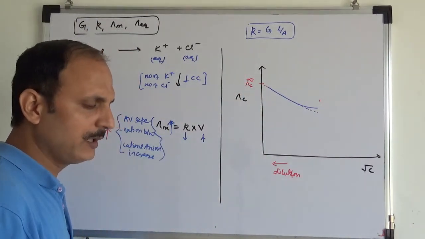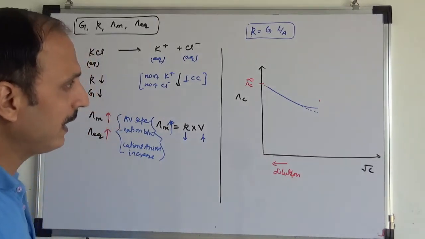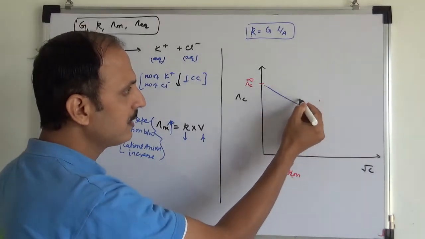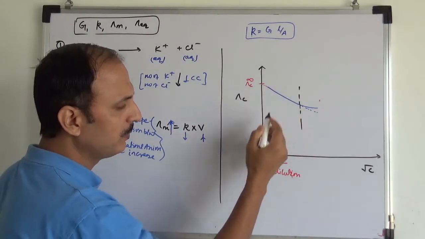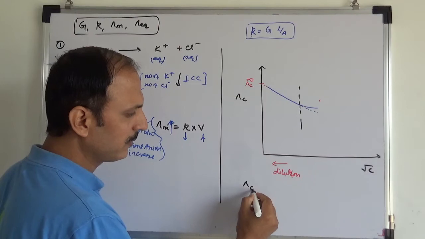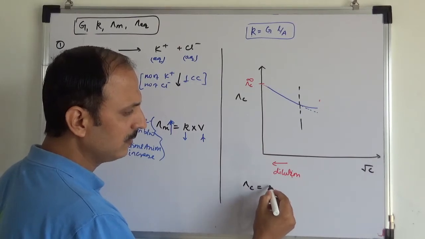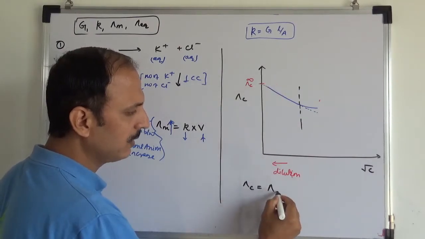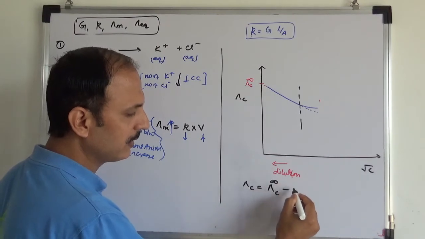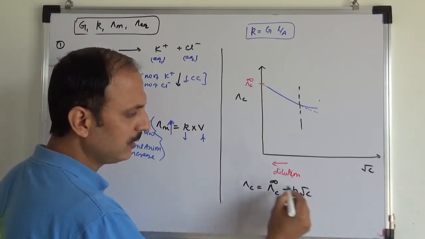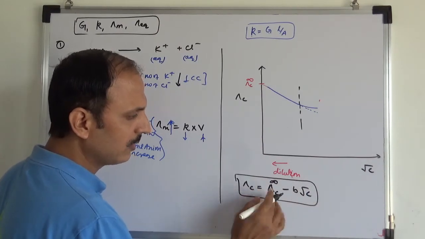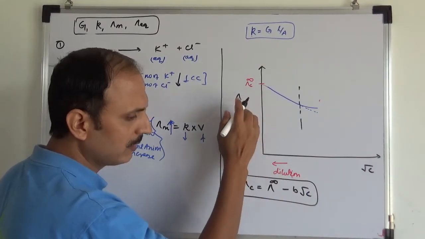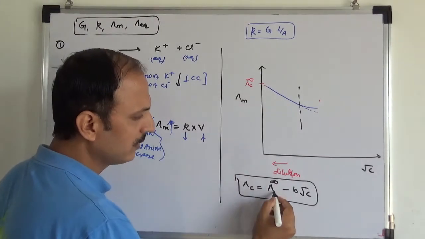of a given electrolyte. So from there I can write, for a smaller concentration, the equation. It is a straight line, and its slope is negative. I hope everyone understands. So Λm is equal to the y-intercept, the molar conductance at infinite dilution, minus some constant B root c. Here we are writing the molar conductance